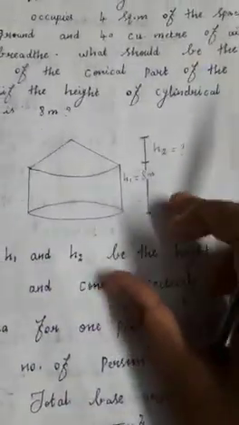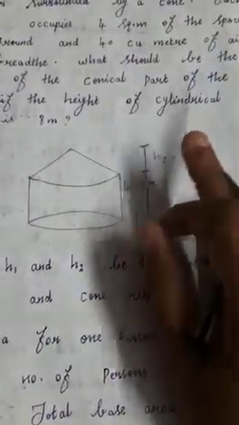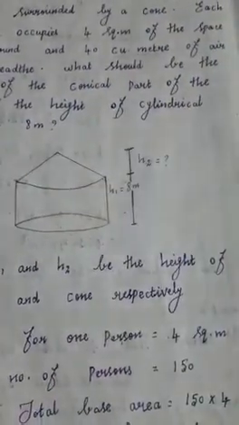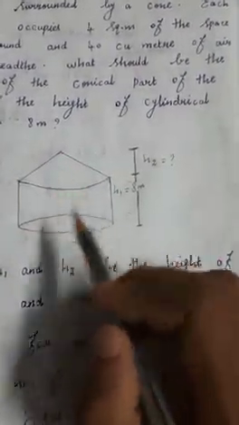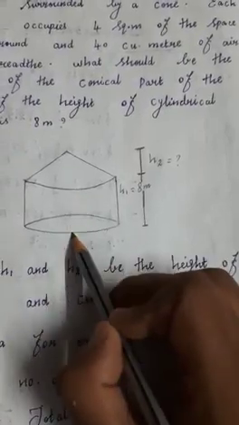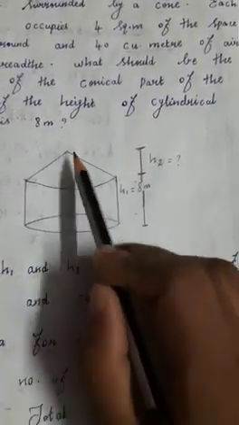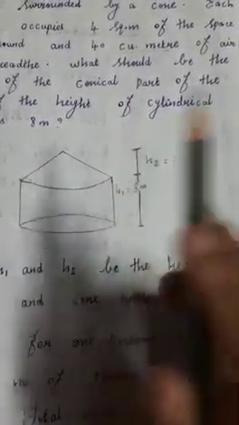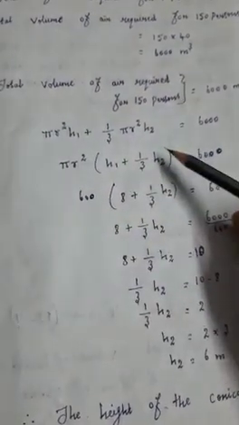Suppose we have to find the total volume. How will you find it? This volume separately plus this volume, because this is a combined solid: a cone shape combined with a cylinder shape. So how will you find the volume? Volume of the cylinder plus volume of the cone, if we add both only then we can get the total volume. But we already found the volume: 6000 meter cube. So using that, we are going to find the height of the cone.